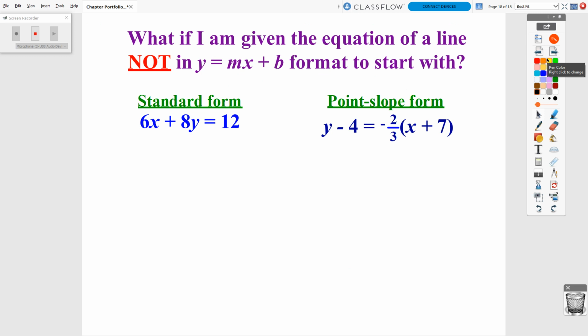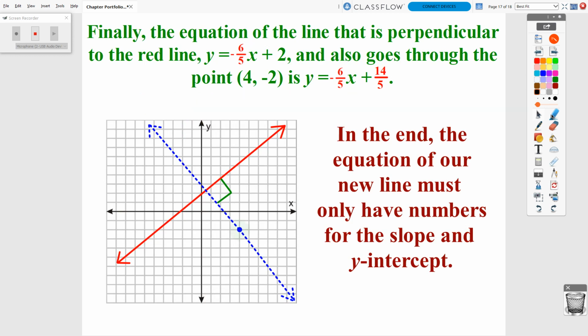Now, last but not least, what if I'm given the equation of a line and it's not in y equals mx plus b format to start with? What if it's not in slope-intercept form? And all I mean by that is, like, I gave you from the get-go that the red line had an